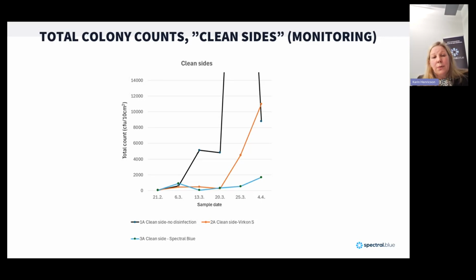Again, with Spectral Blue, we didn't reach really high volumes or counts of bacteria. But of course, where you had no disinfection at all, you could see that it was really high values. But also where they used Virkon S, we could see that in the end of the test period, it didn't